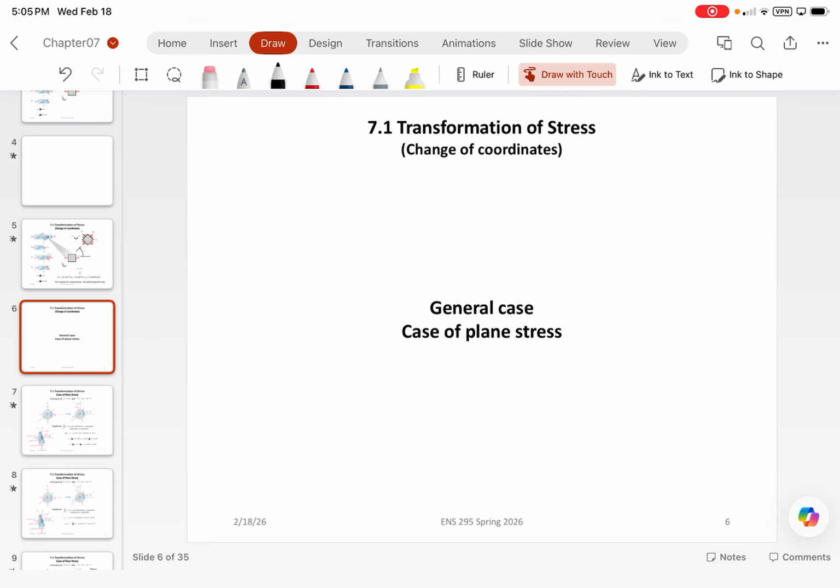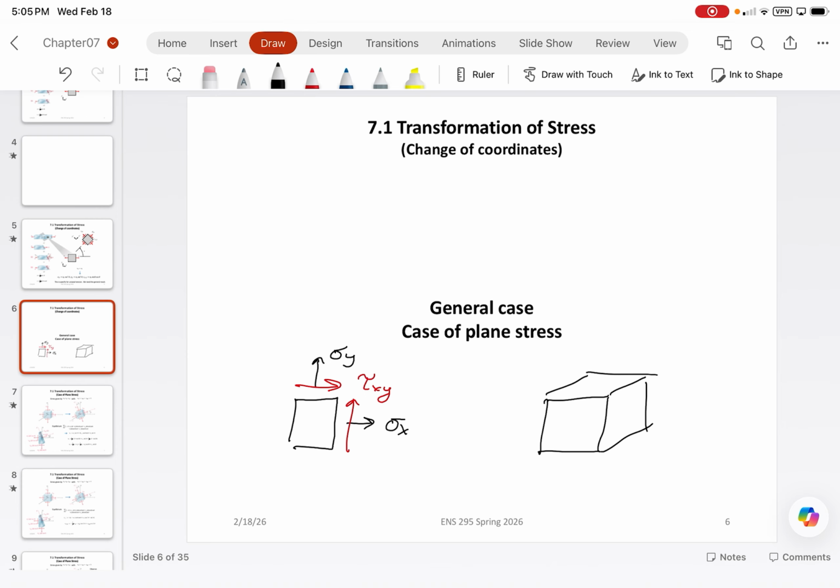So if we had some rectangular cross-section here, you may have a sigma x and a sigma y, and then some tau xy. And then when you transform those stresses, you get the sigma y prime, sigma x prime, and tau x prime y prime. We're not going to be really delving too heavily into three-dimensional stresses,